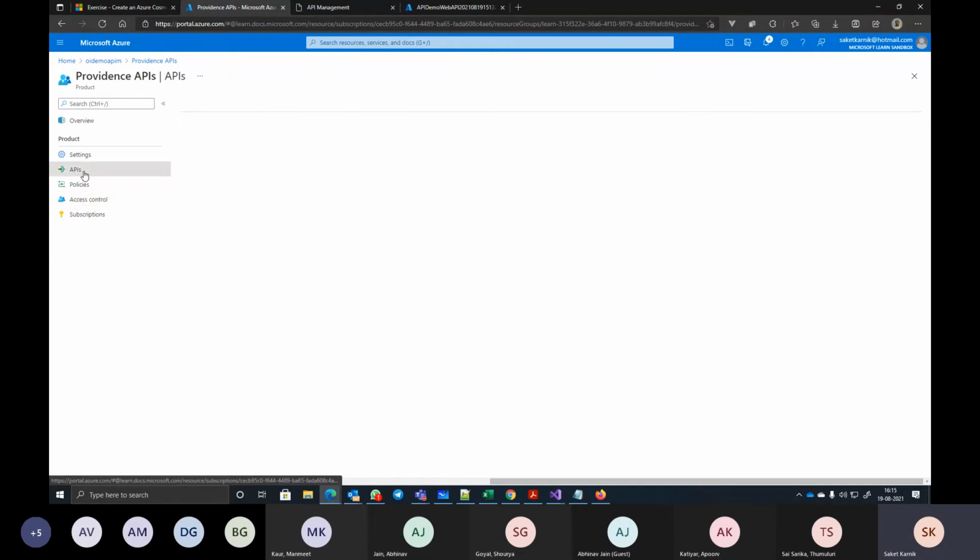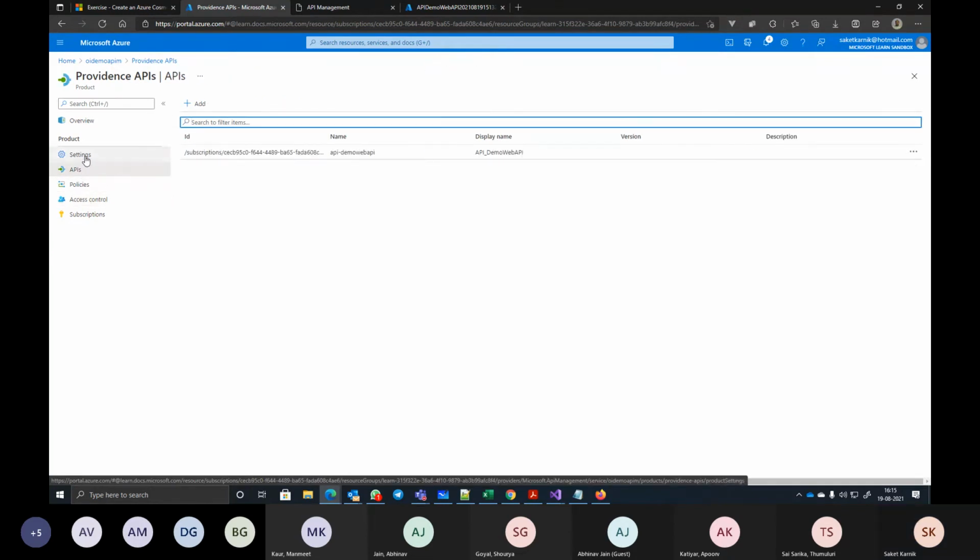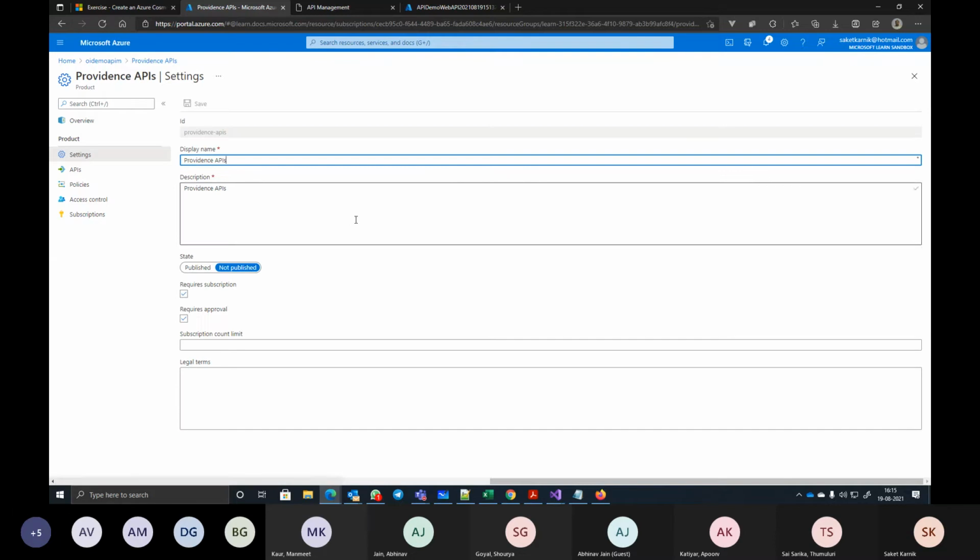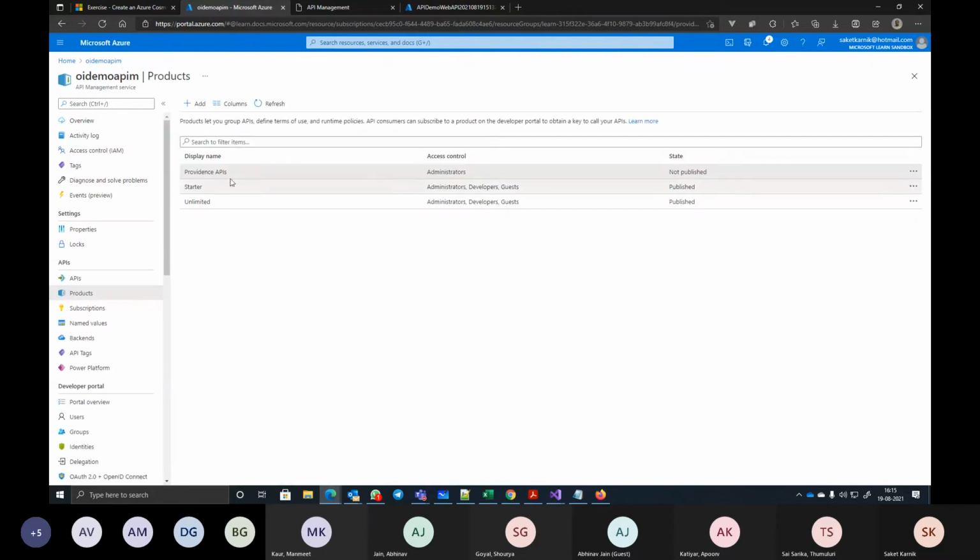I come back to this OI demo API here. All products are there. I do a refresh here. And now I should see under access control, it should have administrators and developers both.